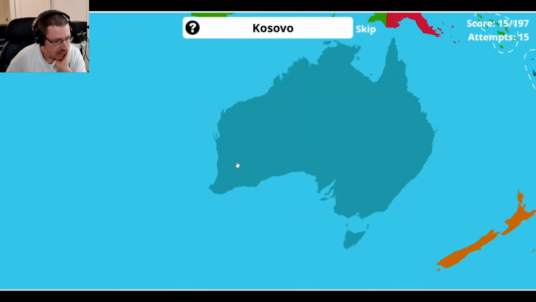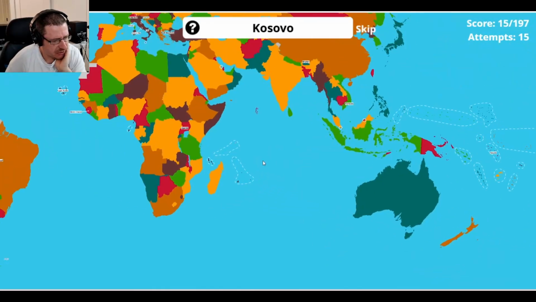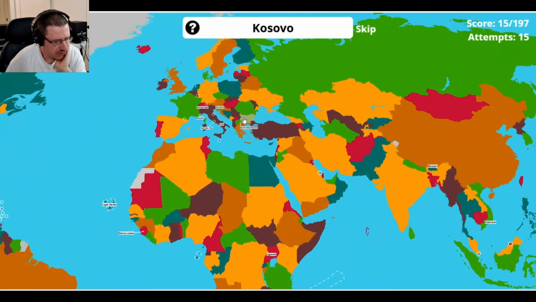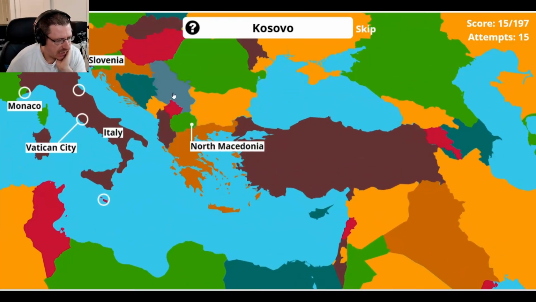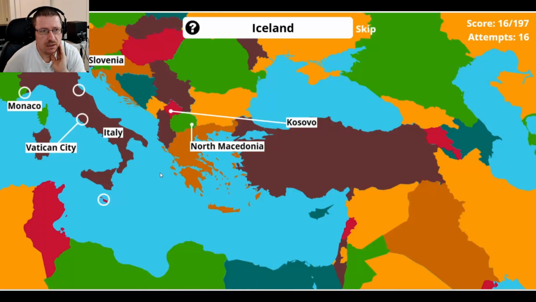Kosovo. Okay. Kosovo's the Christmas tree. So Kosovo's a little weird because it's located inside of Serbia. Right here, Kosovo, this little Christmas tree. It has the youngest population in all of Europe. I think like 70% of its population is under 35 or 30, somewhere in that range. Yeah, it's known as a youthful nation.